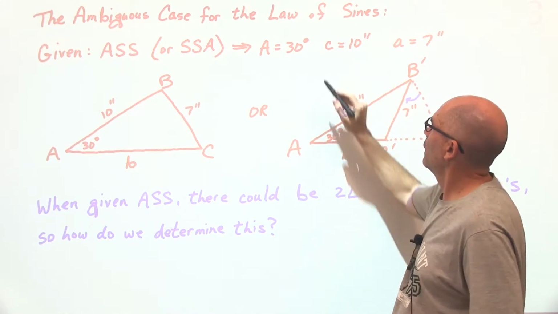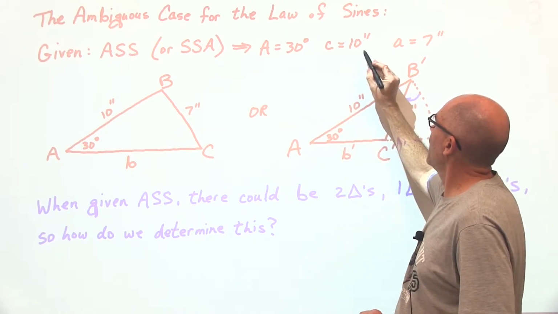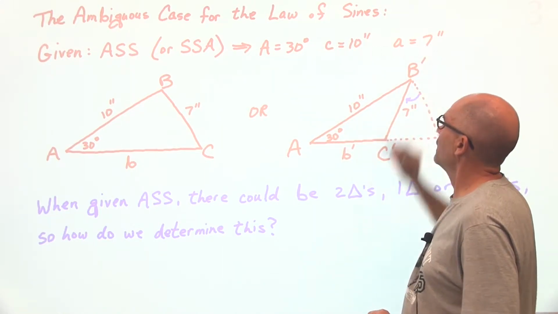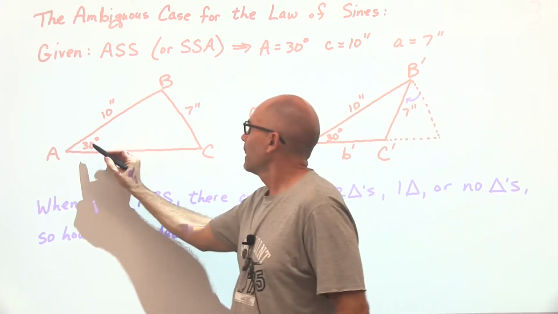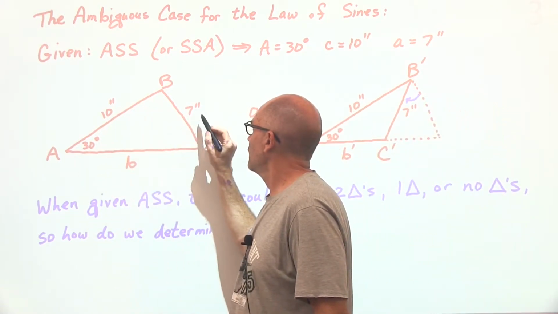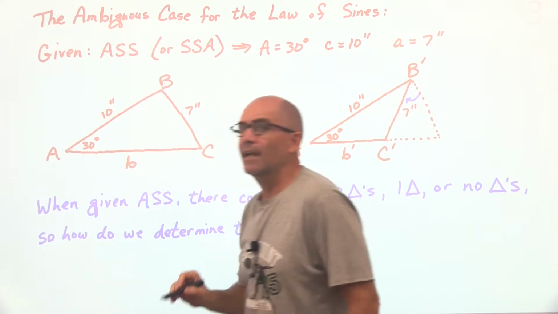Okay, we'll just go with that. So angle A is 30 degrees, side C is 10 inches, side A is 7 inches. Here we have it. 30 degrees, 10 inches, 7 inches. Now,